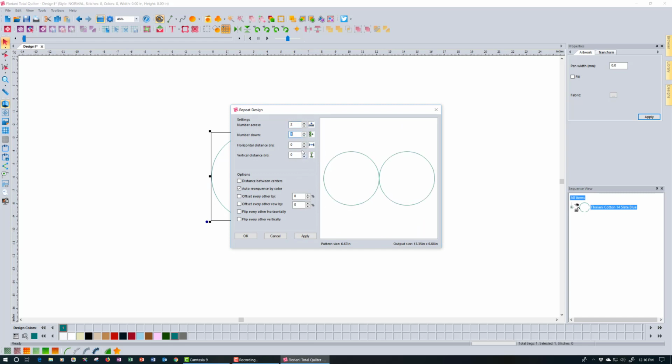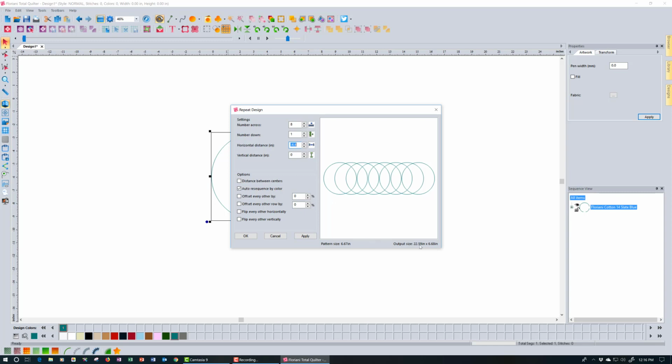And now let's change our horizontal distance to negative, to where we get some overlapping effects like that. So that's kind of interesting. But now let's see what happens if I change my number across to way more than 2. Let's make a whole row of them, and then let's continue to change our horizontal distance down till we get something that looks like that. So that's kind of a neat spirograph effect, and I might use this on a border,